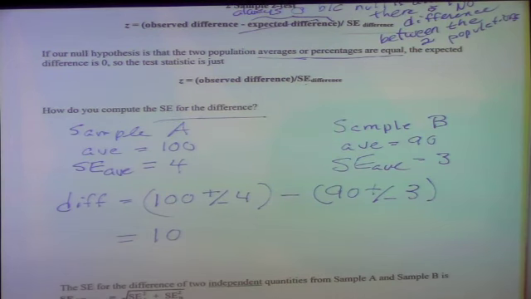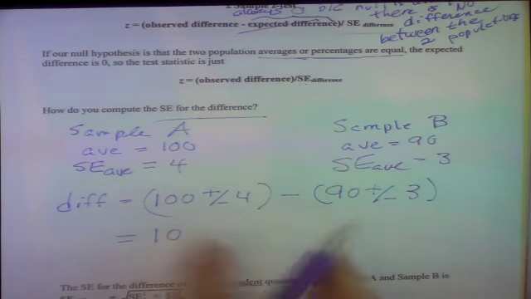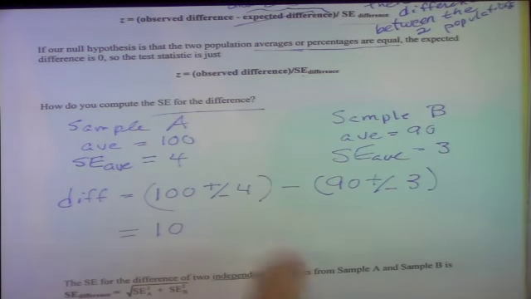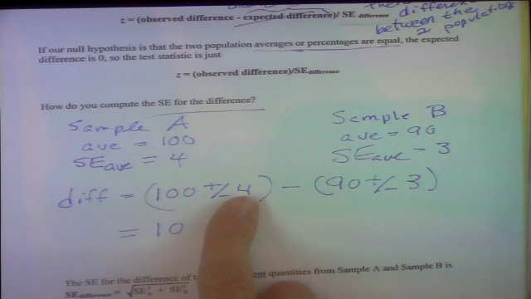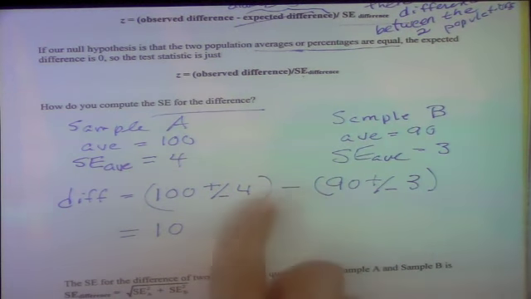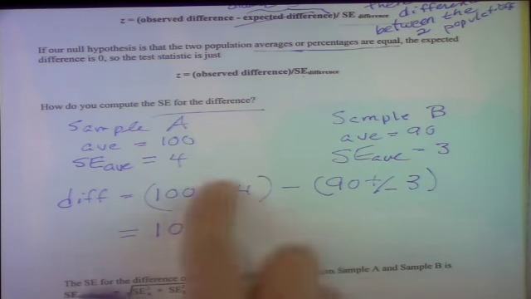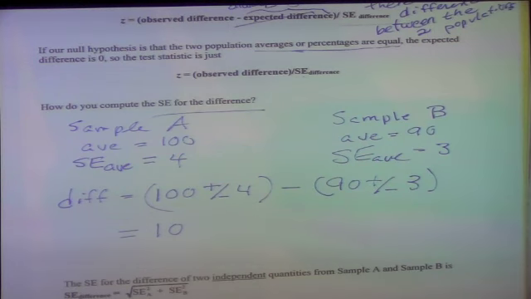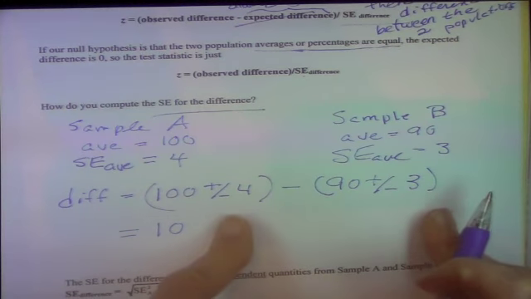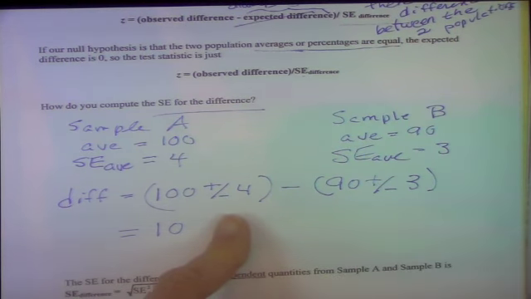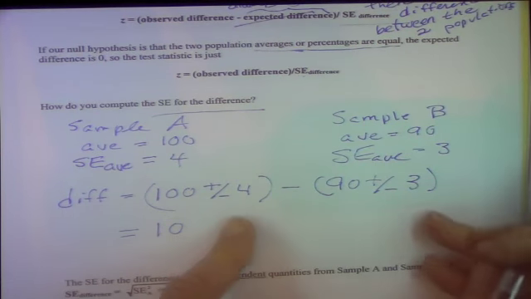So what I'm saying is, since there are two sources of uncertainty, you know it's going to be bigger than 4, bigger than either one of them, bigger than 3 or bigger than 4. But you know it has to be smaller than the two of them summed together because the signs could cancel out. And basically, that's the intuitive reasoning.